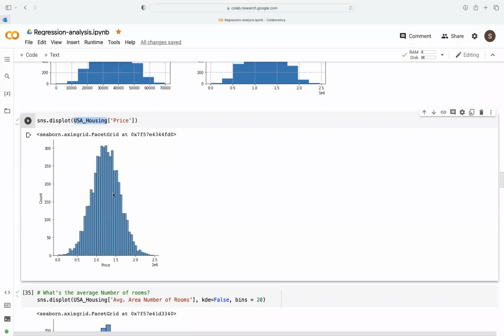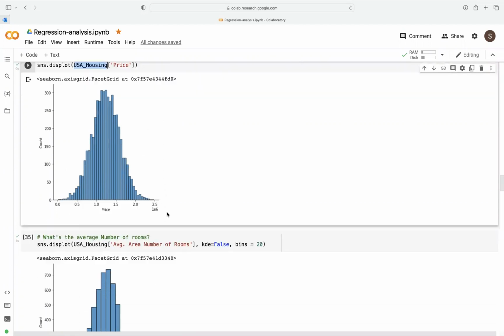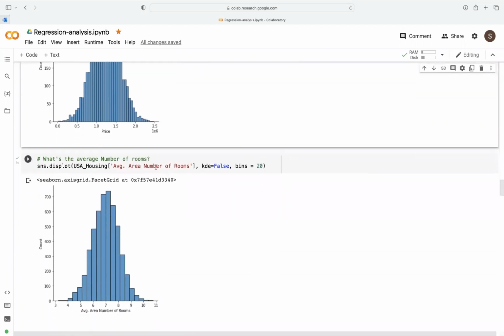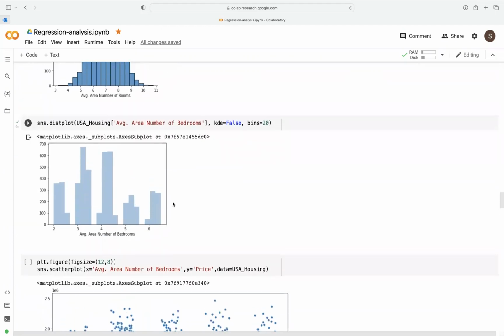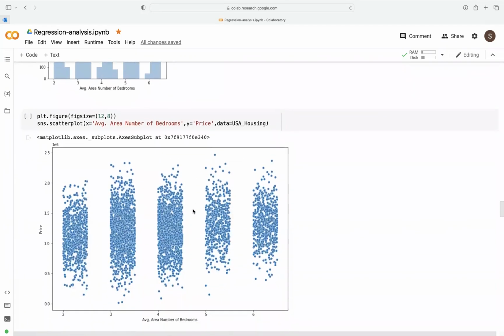It's almost like a histogram, but it just shows you the distribution of one feature in our case here. That's why we call it univariate. Again, we can use this plot to answer the question, what's the average number of rooms? Based on that distribution, you can see it's almost about here. So visualization is a great tool to quickly look at different